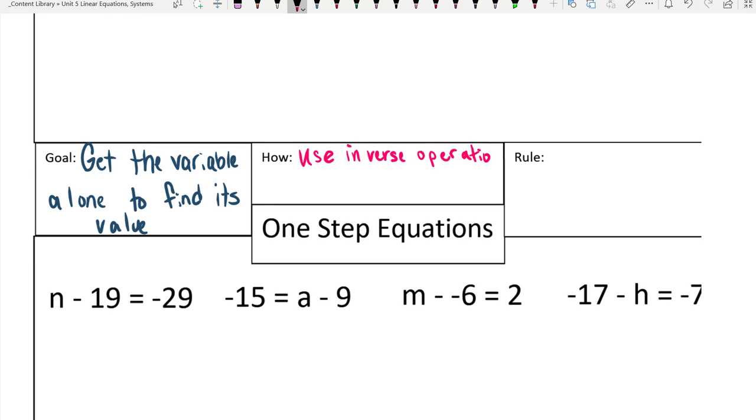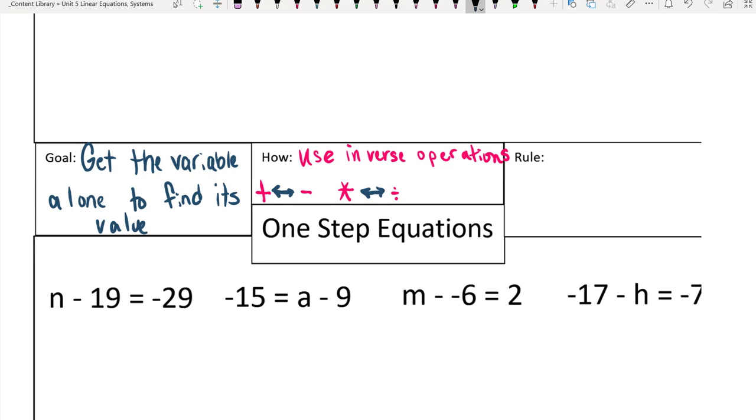And we've already talked about some inverse operations this year. We've talked about how the opposite or the inverse of add is to subtract. And the inverse of subtracting is adding. Then we've got multiply. The inverse of multiply is to divide. But then the inverse of divide